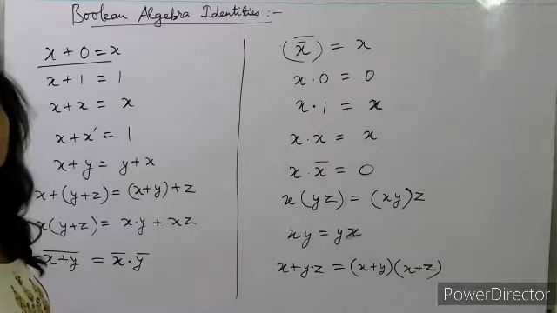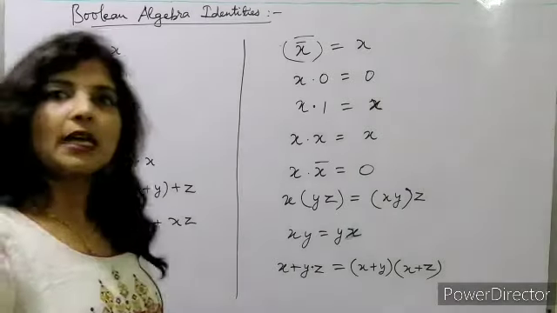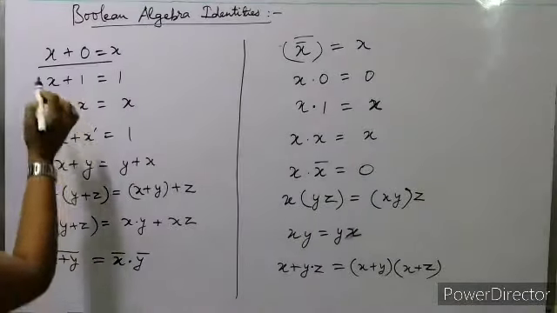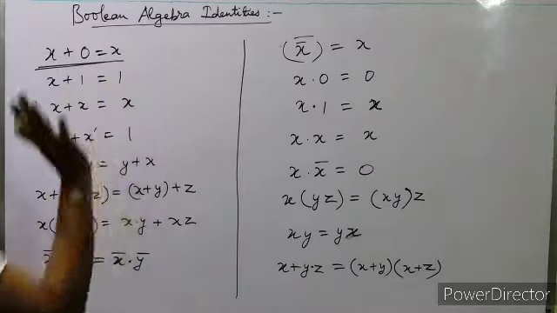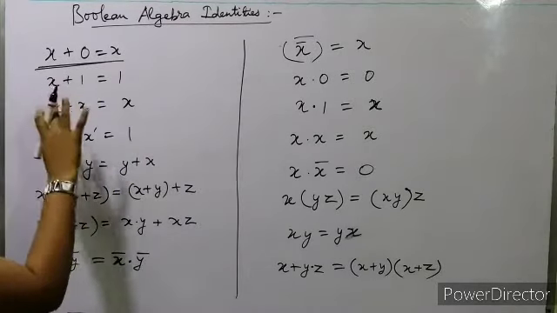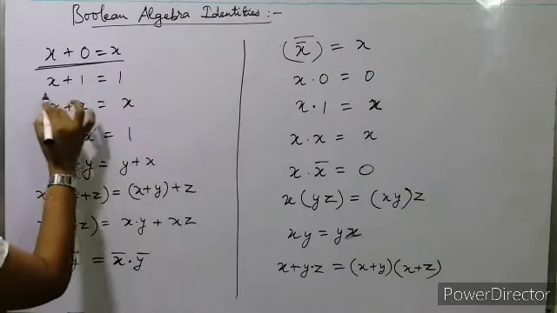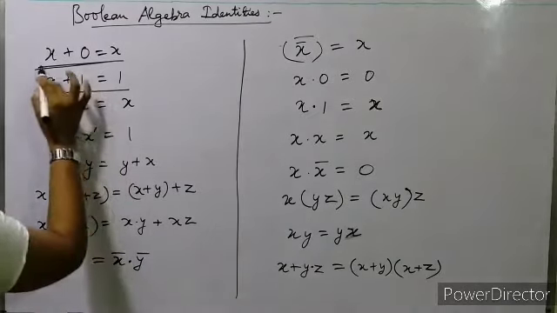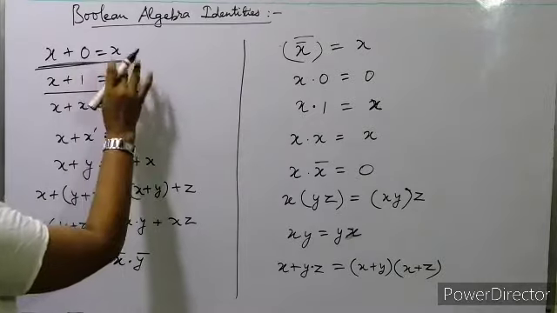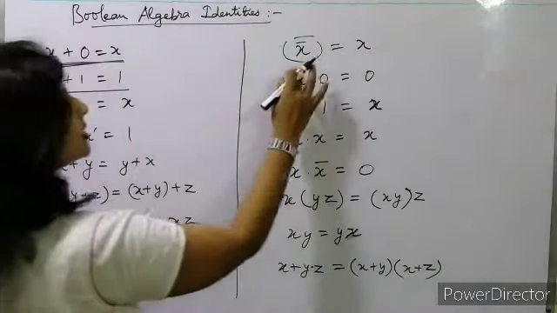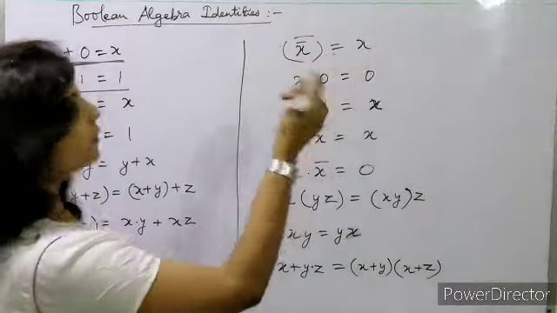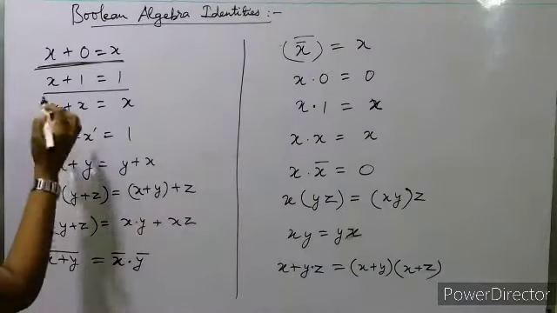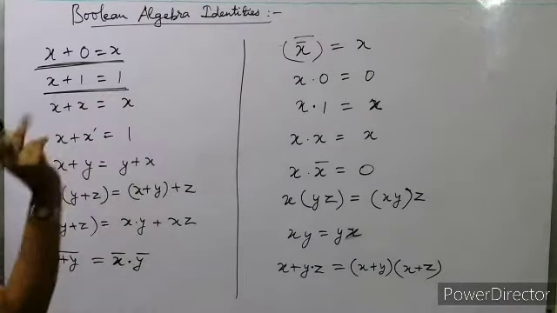जैसे हमने theorems को prove किया ना, by using postulates you can do that. Okay. Now the first one, x plus 0 is equal to x. When we are adding 0 to x, we'll get x. Okay, x plus 1 will be equal to 1. So first one, x plus 0 will be equal to x, identity, and x bar this multiplication हम बाद में देखते हैं. Okay, so x plus 1 will be equal to 1.